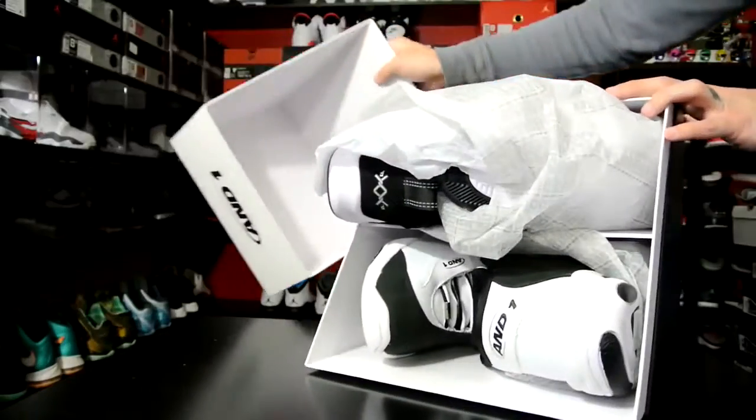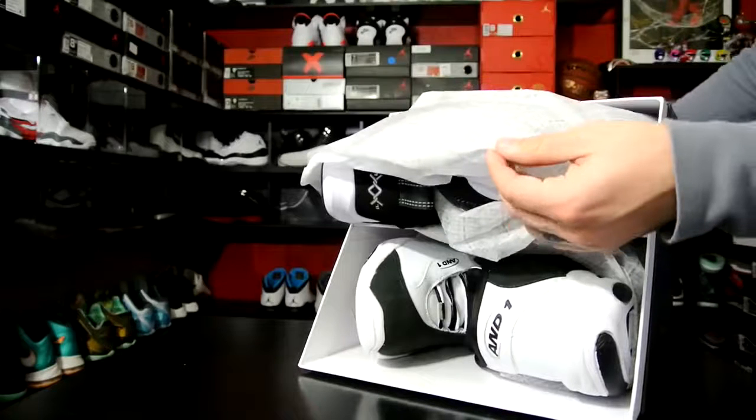But this is the box, and when you open it up, it comes with both shoes in there. It's got